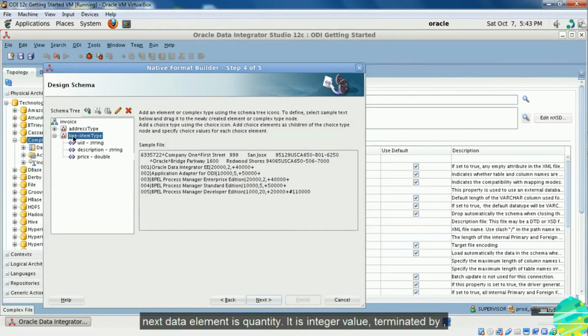Next data element is quantity. It is integer value terminated by comma.